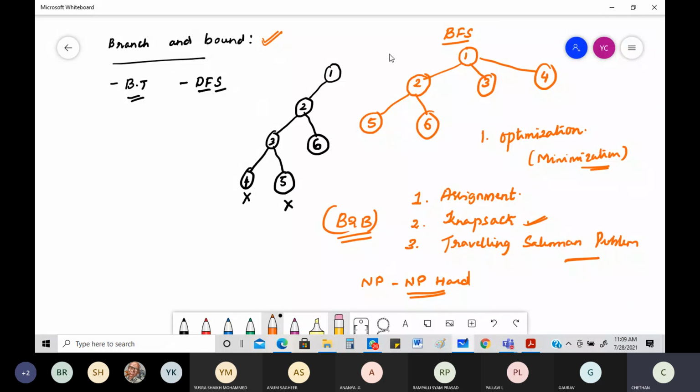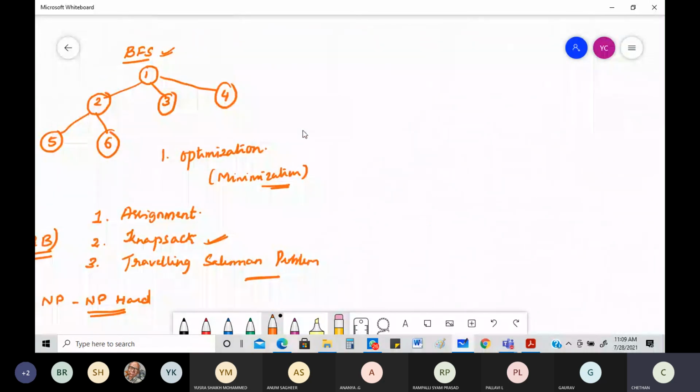It is nothing but similar to your backtracking, but it employs the BFS method. Now if I want to put this BFS in the form of a queue, how do you think it will be put through? First of all, a queue is nothing but first in first out. If I have to analyze this in the form of a FIFO or a queue, how do you think it will be represented? It will be represented like this.